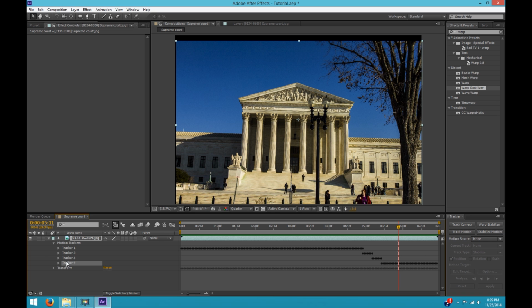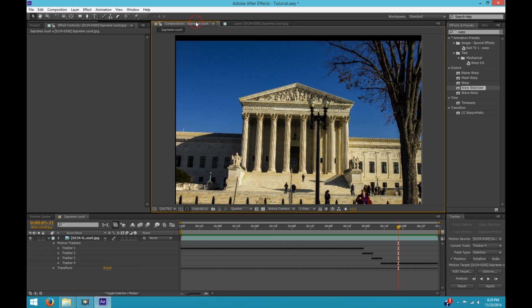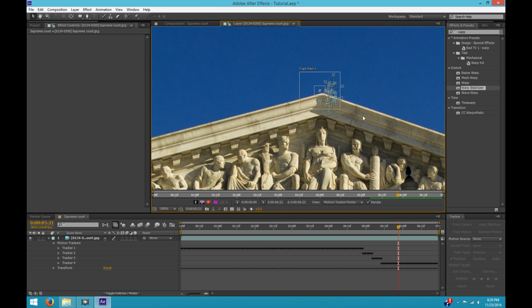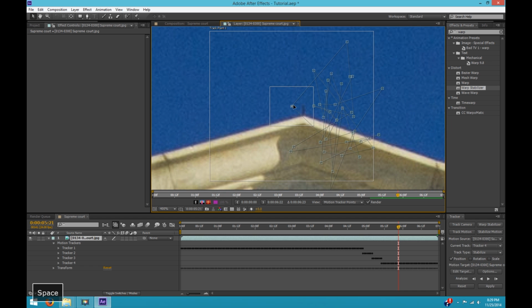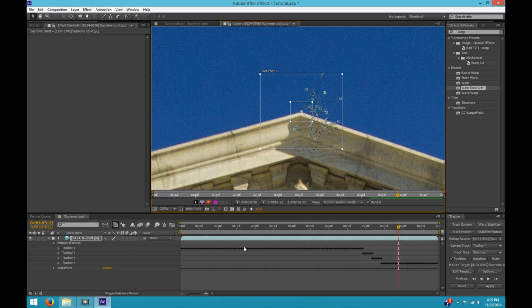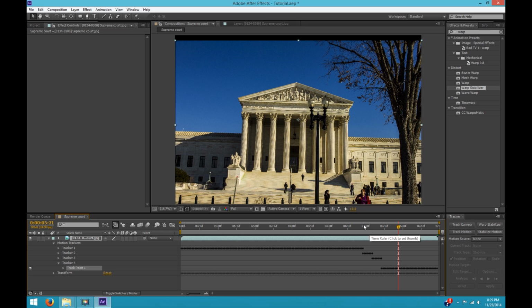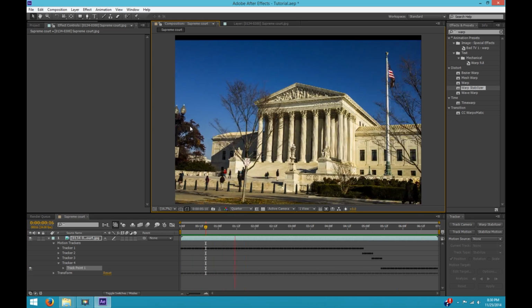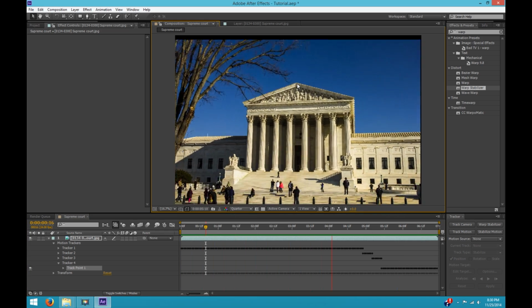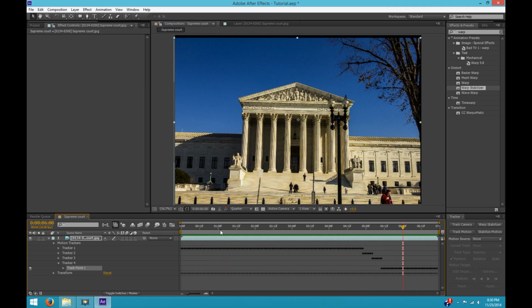So what I can do is go back to tracker 4. Let's look at tracker 4. Oh, let me set my resolution to full so we can see clearly. And I can zoom in closely. I can see that this point is a little bit off. So let me just move it back into place. That's no problem. And then I can just apply tracker 4 again. And then that should have smoothed that out. Okay, so if I put my cursor there near the peak, you can see it's pretty good. Okay, so that's a pretty good first step. But obviously we have the rotation to fix.